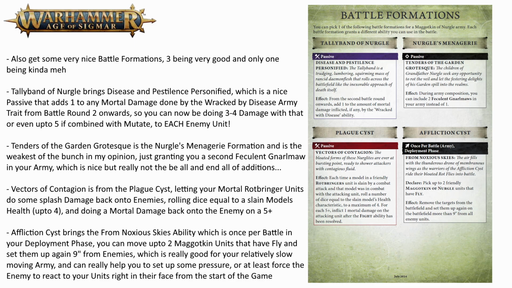The final one is a movement-focused formation. The Affliction Cyst brings you From Noxious Skies, and this lets you, in the deployment phase, pick 2 Maggotkin units that have fly, and then they can be redeployed 9 inches away from enemies. So this gets you way up close and personal with your opponent, ready to move and potentially charge if you get the turn,